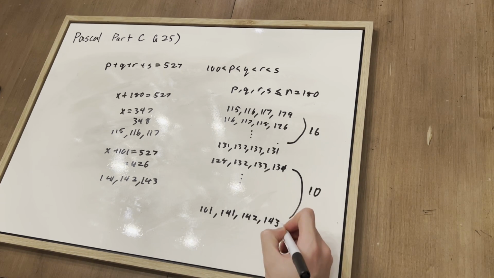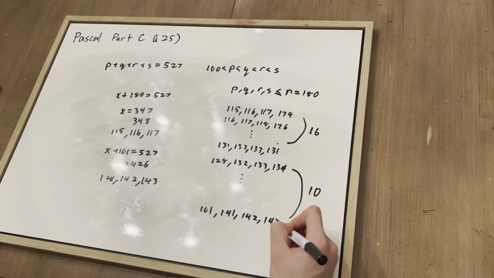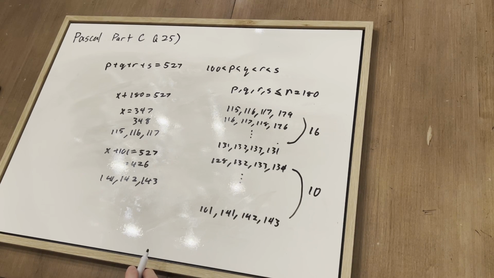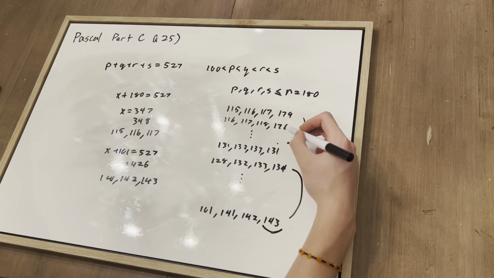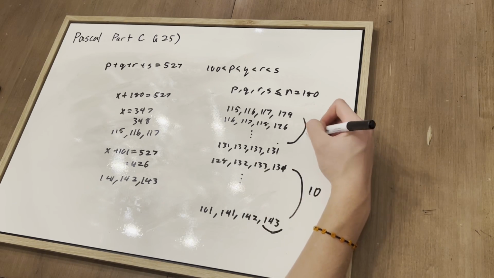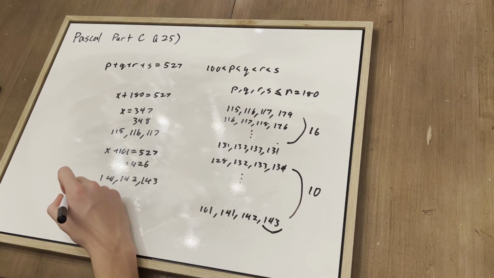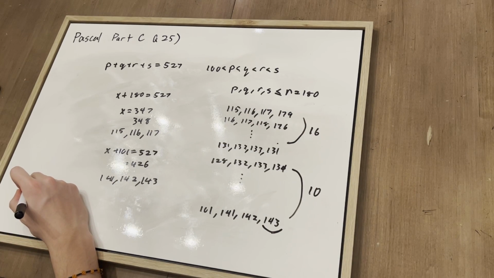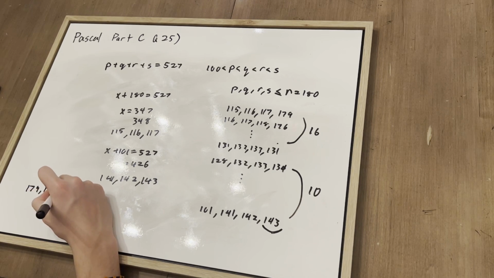We can do this simply just by subtracting this from here, which we get 9, and since there's the first set, we know that there's 10 here, and we can do the same thing over here. So next, we want to count the duplicates of the values of s, since we're assuming s is the last number right over here. So then we can just write out all the values of s. In the first set of 16, we get the first value of s is 179, and then we get 176,